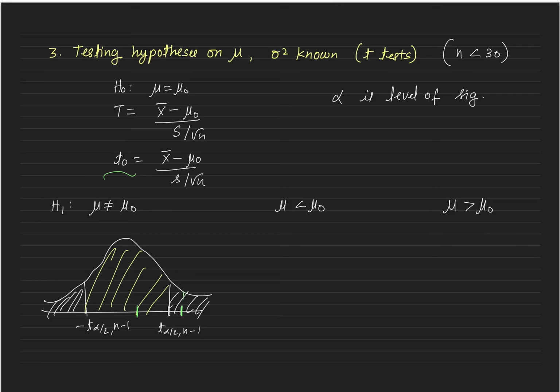Again, the P value is this area. If T naught is this, minus T naught, the P value is the sum of these two areas. We cannot find P values when the T distribution is given because we don't have a table for that, so they don't ask in the examination, but we can use some statistical sources to find these P values for the T distribution. Similarly, as before, for mu less than mu naught,